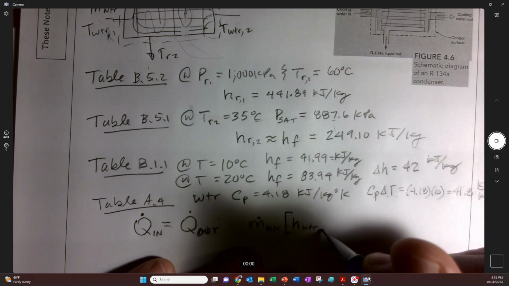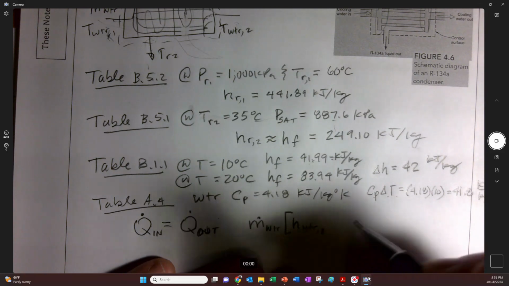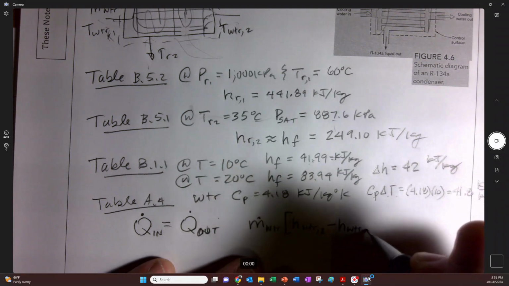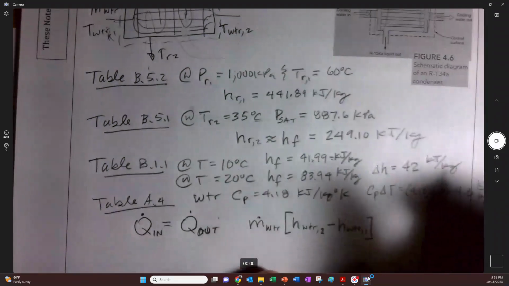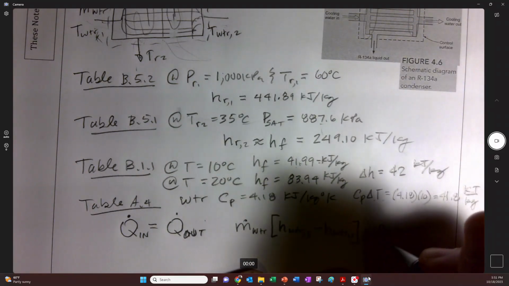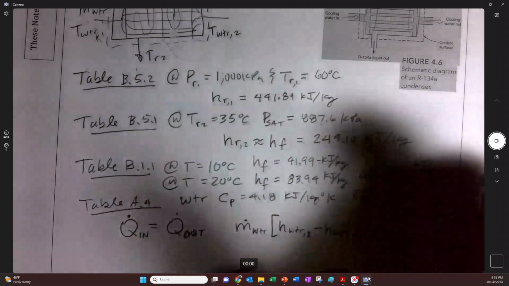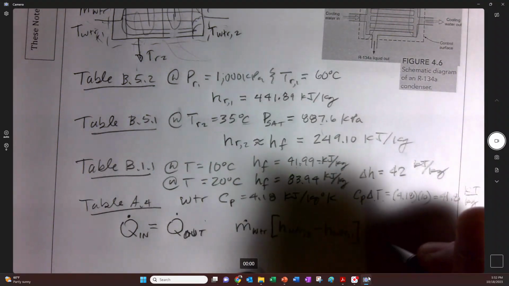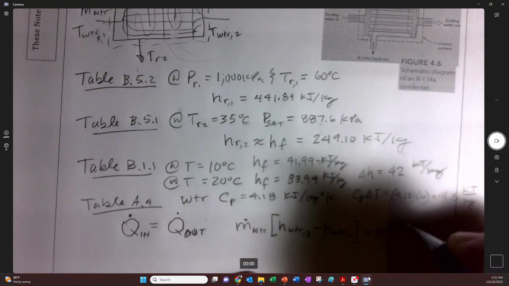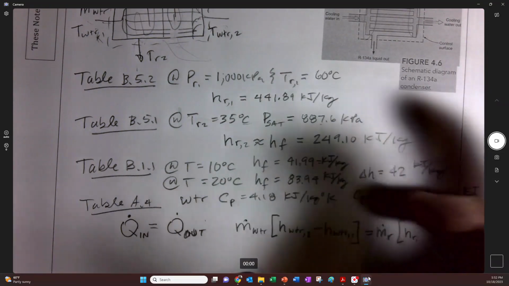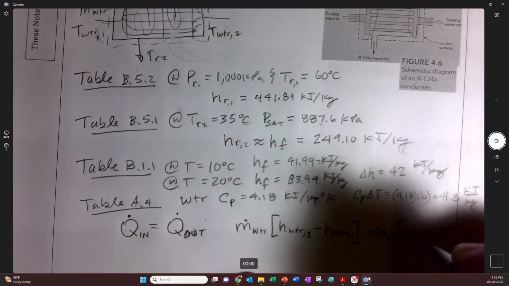But the water temperature is going to go up, so I'm going to go this one minus the water temperature in, or I said the enthalpy. And I didn't really give my, maybe I got enough room. m dot R, the mass flow rate R times h R, and so this is going to be a,